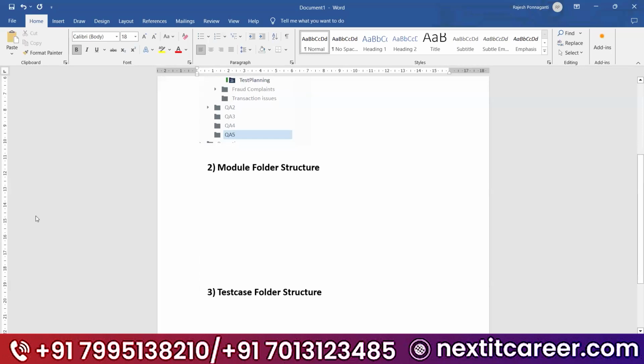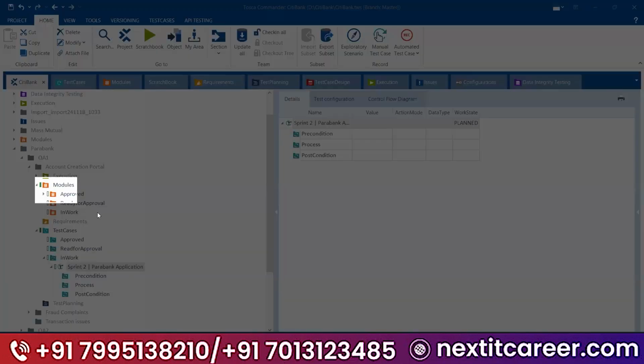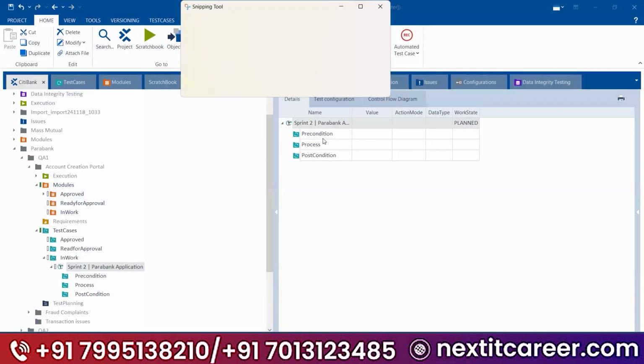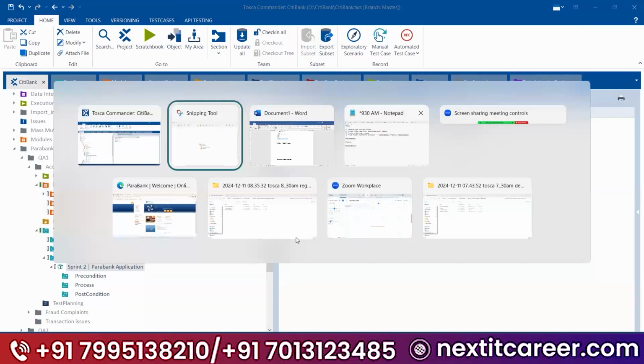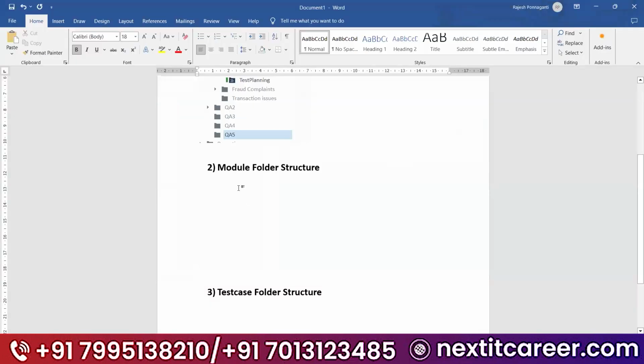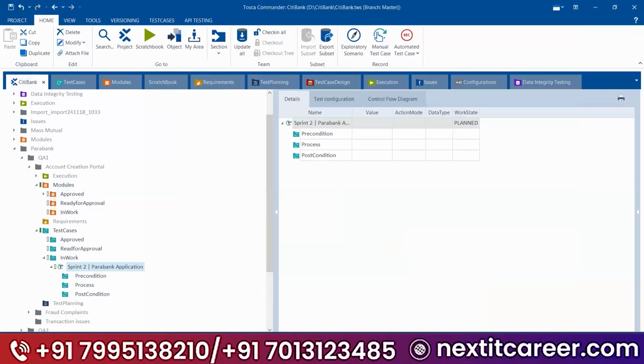Okay. So if somebody is asking you, you need to explain. We have followed this process. Yes, it is very interesting. See here. This is the folder structure for this one. Next one. This is the folder structure for test cases.